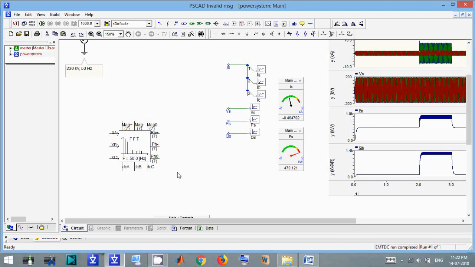So if we want to estimate the phasor of current signals, just copy it and paste it here. Just connect this. So IA, IB and IC is connected,